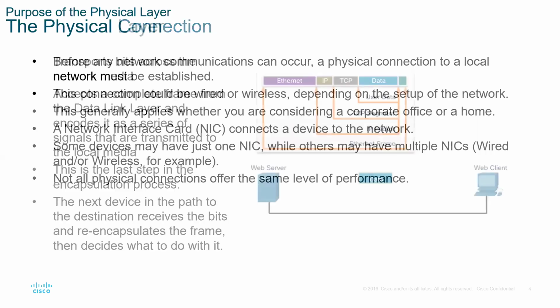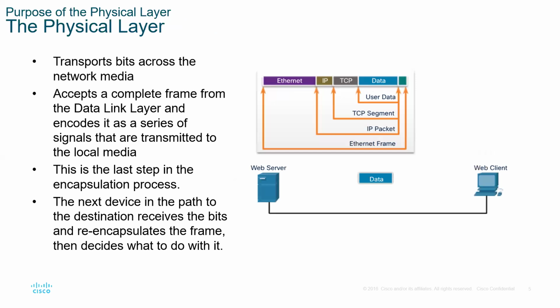Right. So to summarize, a physical connection is required for us to start communication. The physical layer transports bits across the network media. It accepts a complete frame from the data link layer and encodes it as a series of signals that are transmitted to local media. So looking at the OSI model from top down, when we get to layer number 2,